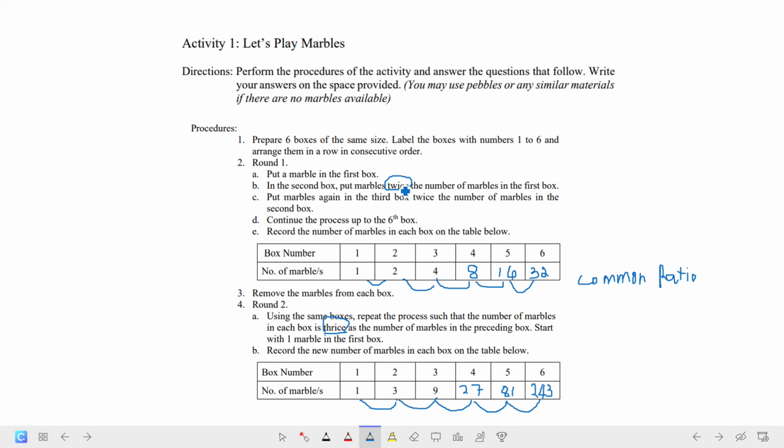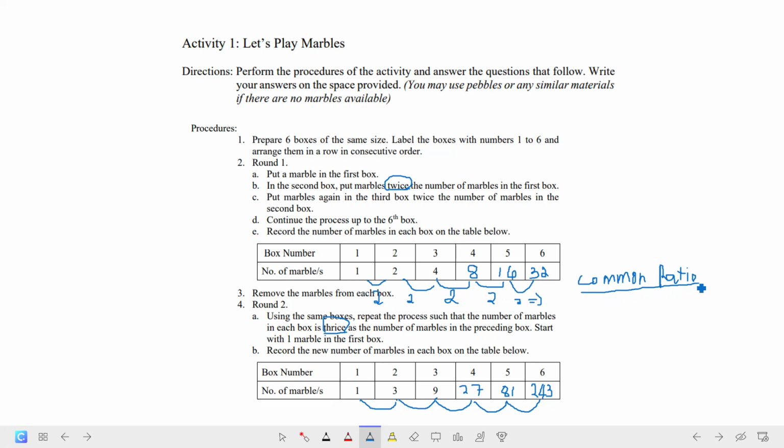So first term multiplied by 2 to get the second term. Again, to get the third term, we will multiply also 2, and we will multiply again 2 to get the fourth term, and to get the fifth term, we will multiply again 2, and so on. This common number that we multiply to each term to get the succeeding term is called the common